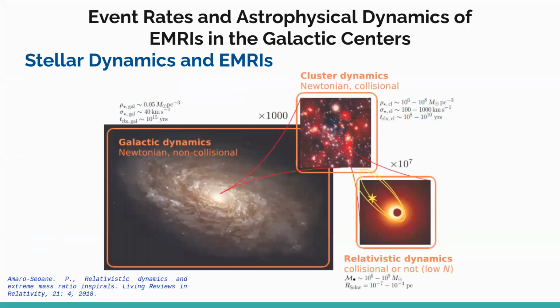So there comes the role of stellar dynamics in these systems. Basically, we have three domains: galactic dynamics, stellar cluster dynamics in the galactic centers, and relativistic dynamics, in which we have relativistic stars and other compact objects. In galactic dynamics, we deal with mass densities, the dispersion relations we are interested in, and the relaxation times. For the galactic time scale, the relaxation time is of the order of 10^15 years, the dispersion velocity is 40 kilometers per second, and the mass density is about 0.05 solar masses